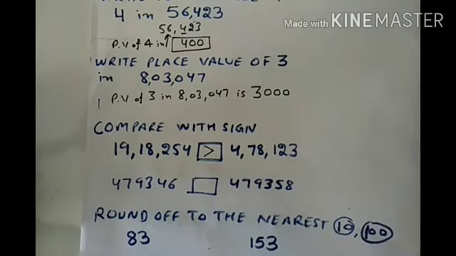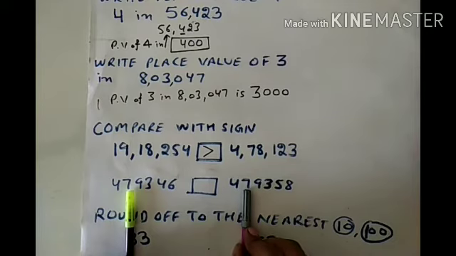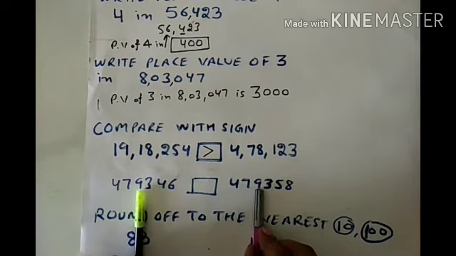So in this case, we have to compare from the leftmost end. What is the leftmost end? See, the leftmost end is 4. The 4 and 4 are the same. Therefore, we can't decide, so we shall move further. Now 7 is also the same. So we shall move further. Now 9 and 9, these are the same. Move further. Now 3 and 3 are also the same.